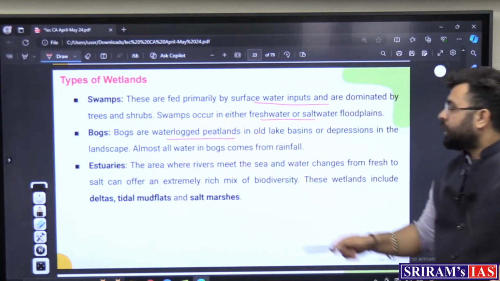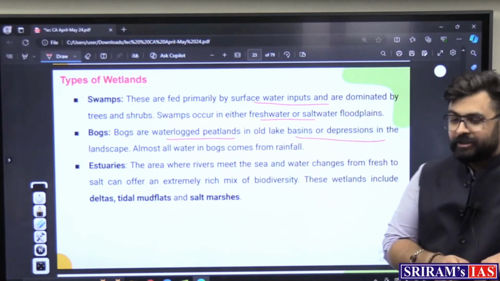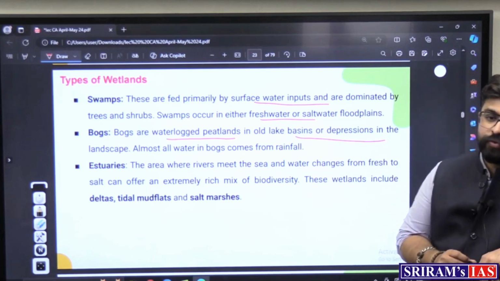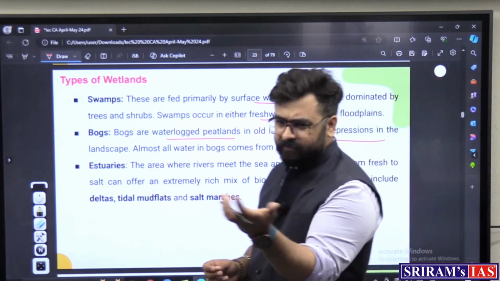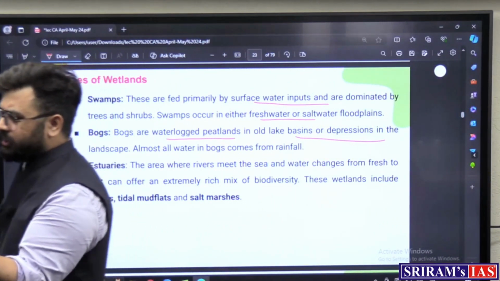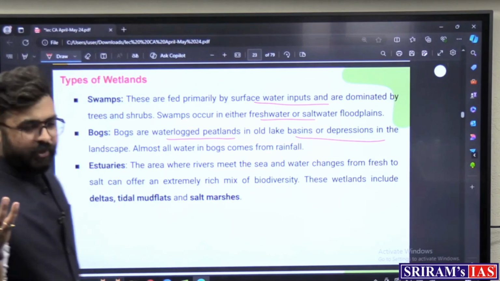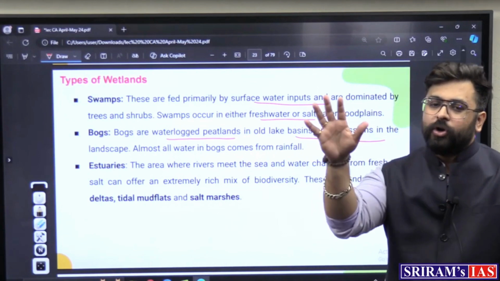Bogs. Bogs are waterlogged peatlands in old lake basins or depressions in a landscape. Almost all water in bogs comes from rainfall. So have you seen that muddy, कीचड़ like areas? Like there are some, वैसे तो Indian roads भी ऐसी हो जाती हैं, but I am talking about those